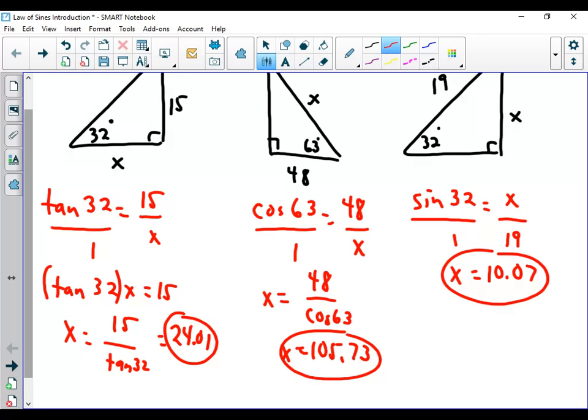And then toward the end of the week that we were here, we started talking about special right triangles. We threw in the 45, 45, 90 right triangles, and we said they had this relationship. And we had the 30, 60, 90, and those we said had this relationship. So keeping those things in mind,